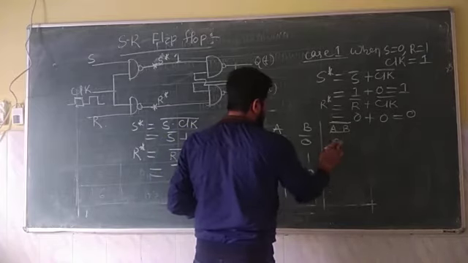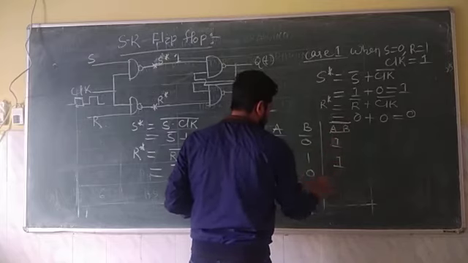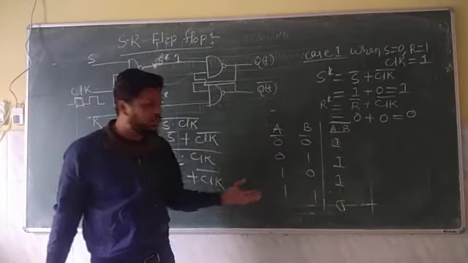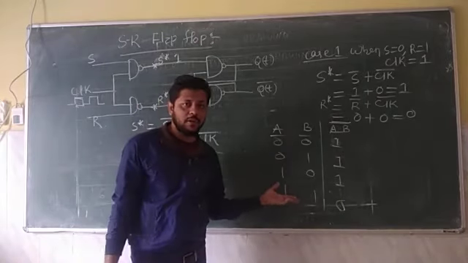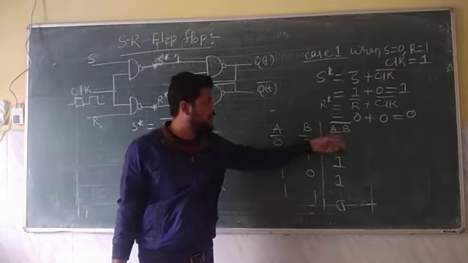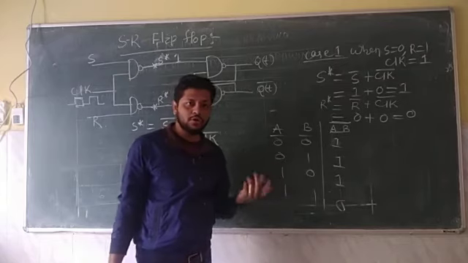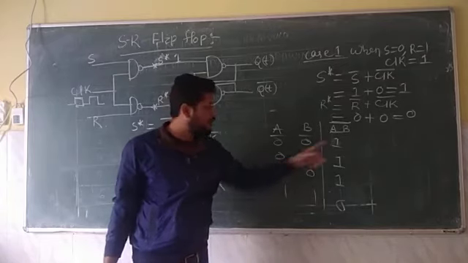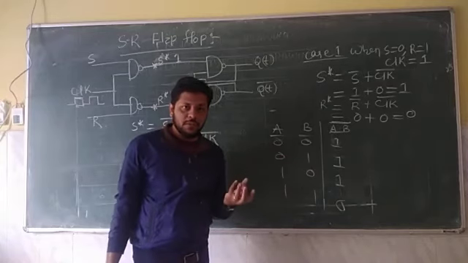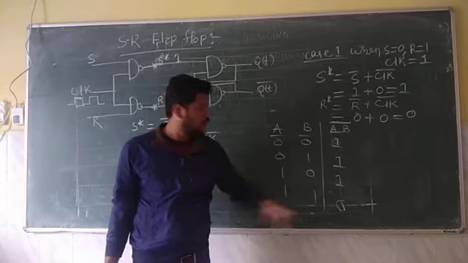So we have 0, 0, which means we have 1; 1, 1 dot 0, 1 and 1 dot 0. From the truth table of the NAND gate, I have already taught you how to construct it: (A dot B) whole bar. That means 0 dot 0 is always 0, and 0 complement gives you 1. If one of the inputs in an AND gate is 0, then the output is 0, and then 0 complement is 1.